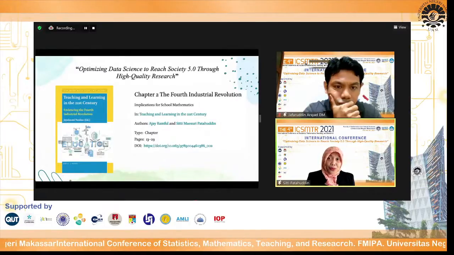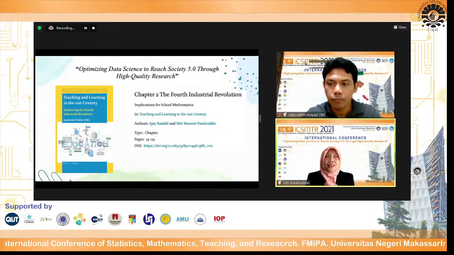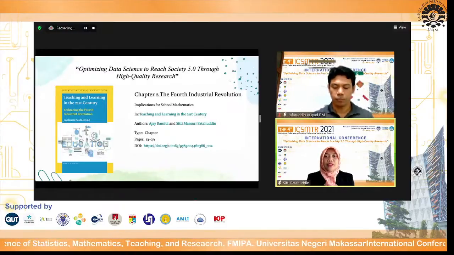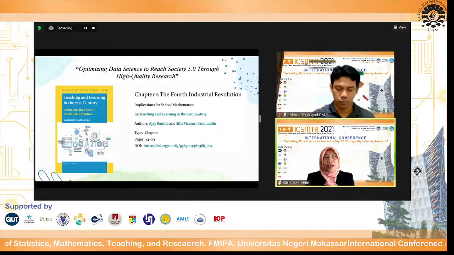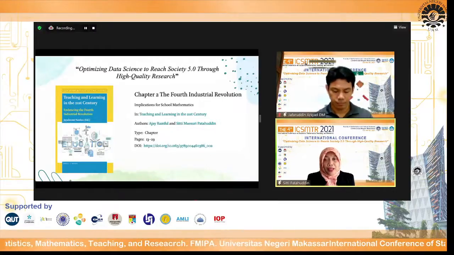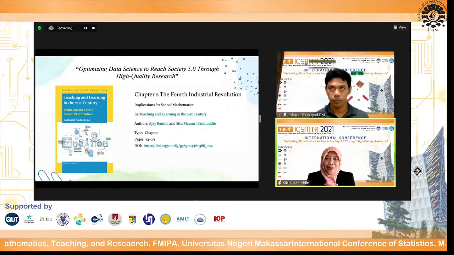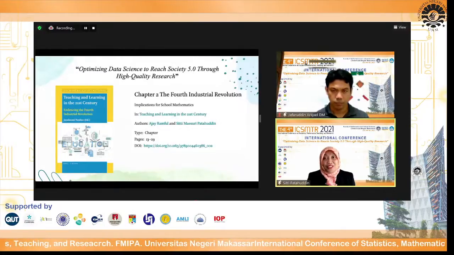In this chapter, we talk about the characteristics of Industry 4.0: cloud technologies, robotics, artificial intelligence, augmented reality, virtual reality, 3D printing, computational thinking. And it may be the case that we haven't harnessed the technology from Industry 4.0, and now we are preparing